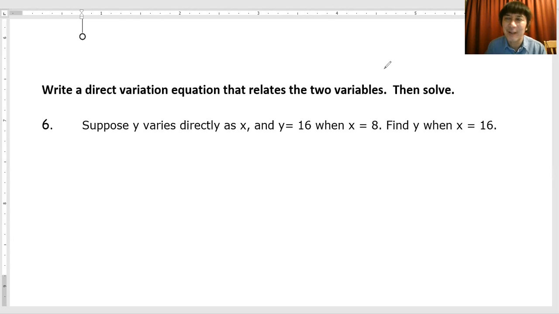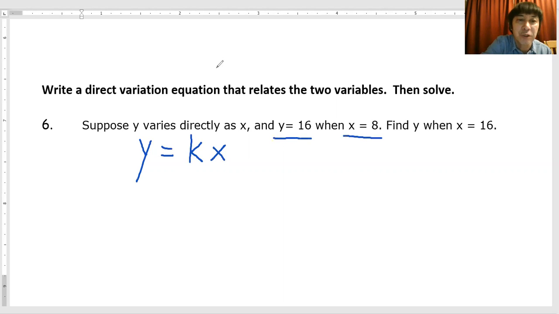Okay, all right, let's do it first. Let's do the solution. Y varies directly as x. And so y is proportional to x by a constant of variation, k. All right, so y varies directly as x. So the first thing we should do is use the given y and x. Here is the y and here is the x. Okay, so direct substitution, this must be 16.